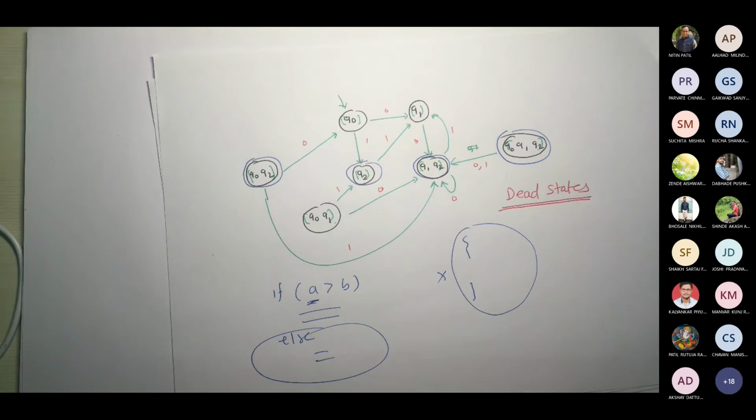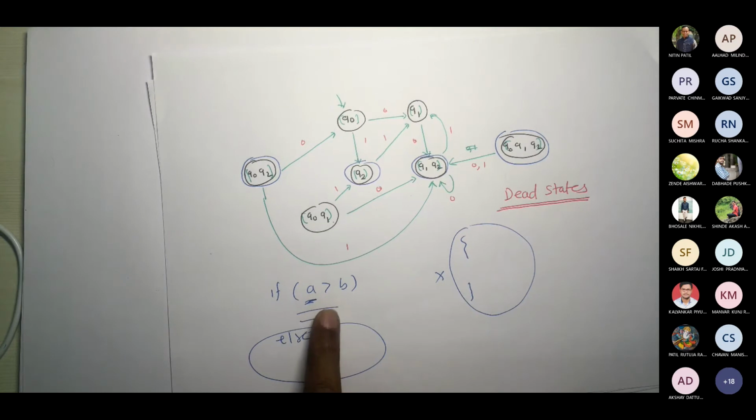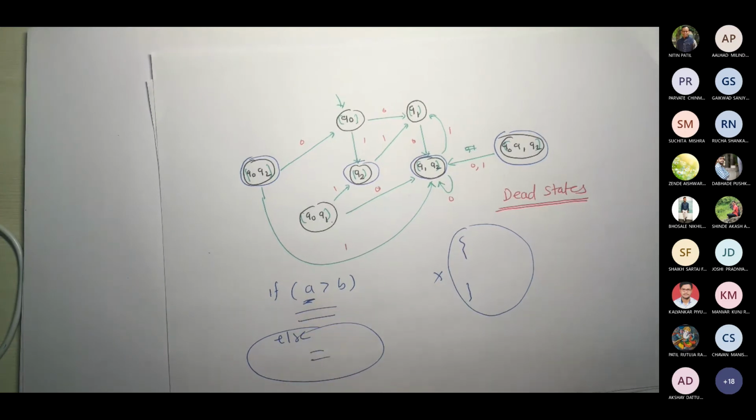Now you may say, what can happen? If the user gives B greater than A, it should print an error. That's why you took this. If A is greater than B, then it should work. Otherwise, it should terminate. But if you are always going to give inputs like that only, think of how you execute your code. Whenever you are writing code, ultimately you only give the inputs where you know that your program will never fail. I guarantee that. Even without seeing your code, I can say that you always give an input for which your program is never going to fail. You will never try to fail your program, correct?